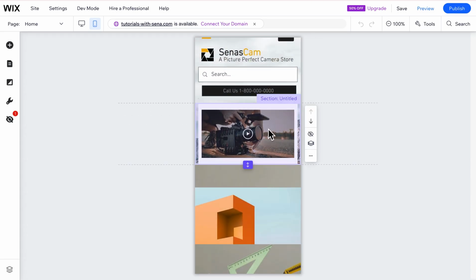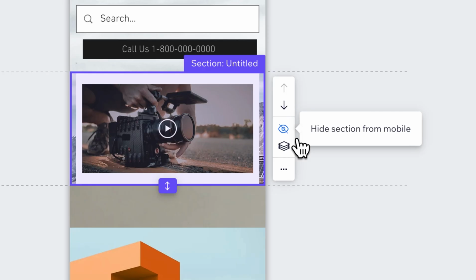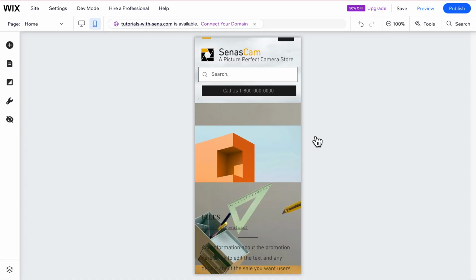For example, I want to hide this camera video. I can just click on the camera section and then click on this eye logo called hide section from mobile. And that's it. And then to see which section or design that we hide, you can go to your left